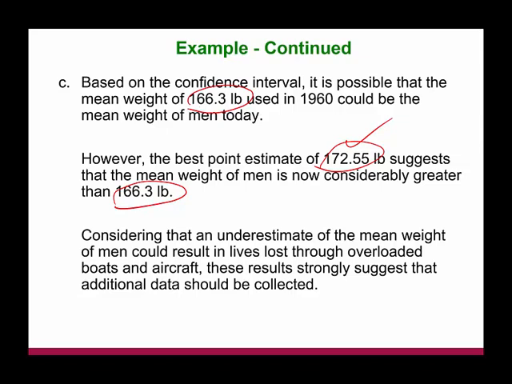Considering that underestimating the mean weight of men could result in lives lost through overloaded boats and aircraft, these results strongly suggest that additional data should be collected. Probably conduct a new research study, come up with a survey or poll, get the sample data,